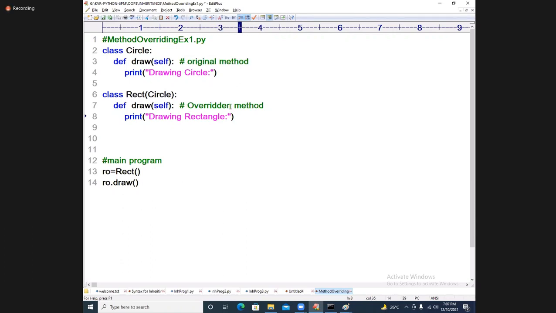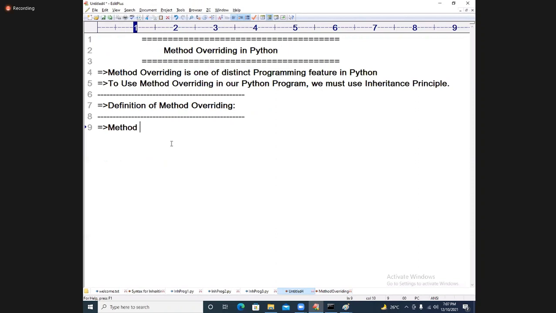First of all, is the overriding concept clear or not clear? What is method overriding? Go to the definition here, all of you.